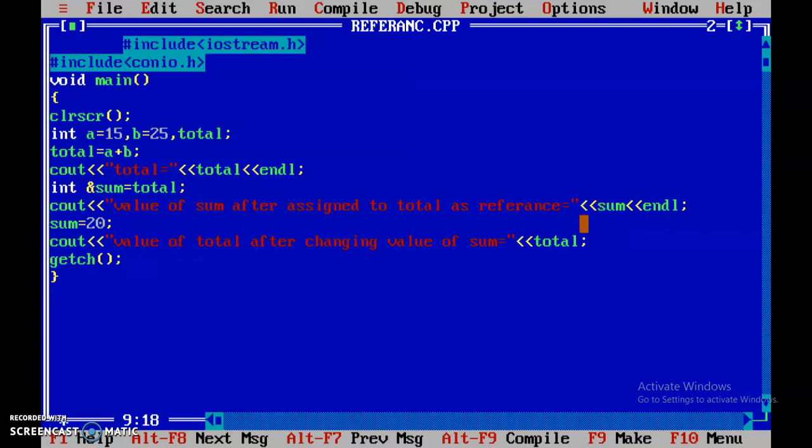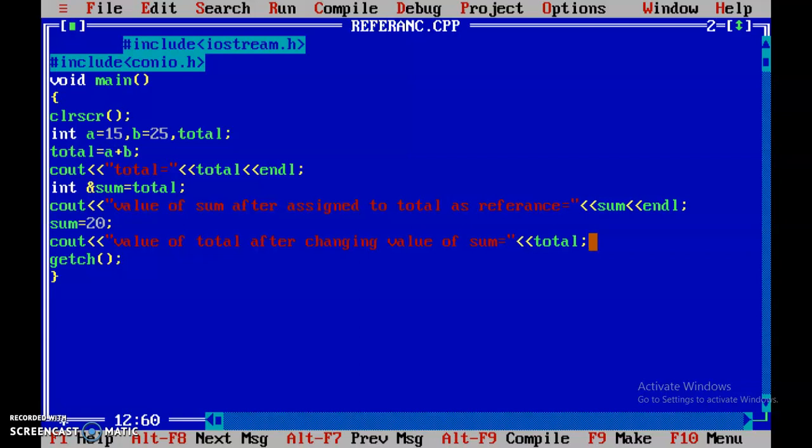Now in the next line we assigned some other value to the sum variable. See here, sum is our reference variable, the alias name of total. We make a change to the sum variable and now we want to display the value of total. That means we apply the change to variable sum and we are now representing the output in the total variable.